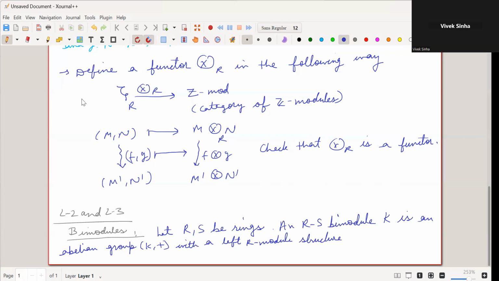So it's an abelian group K which has a left R module structure and a right S module structure. It has both right and left module structure, but the left module structure is from R and the right module structure is with respect to the ring S. Okay, right S module structure, such that